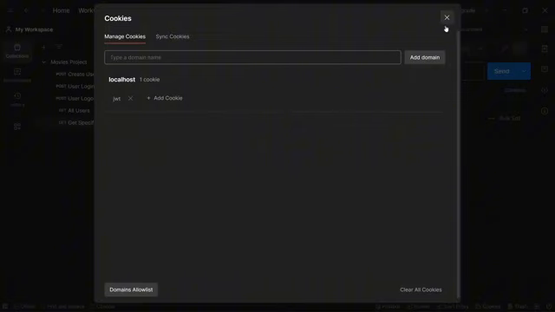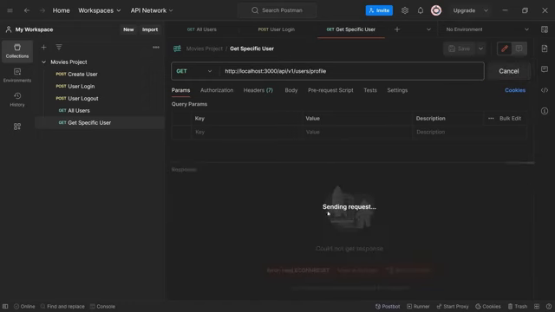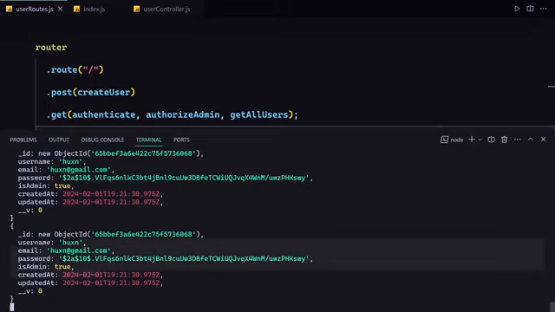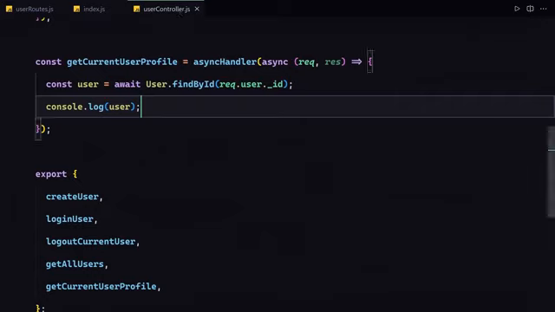Okay, so let's just close that. And yeah, that's totally okay. But you know what, get a specific user is totally okay. So yeah, we are now totally able to get the user credentials, and not a credential but the user information right here. And now what I want to do is that let me just remove this console.log from here, and